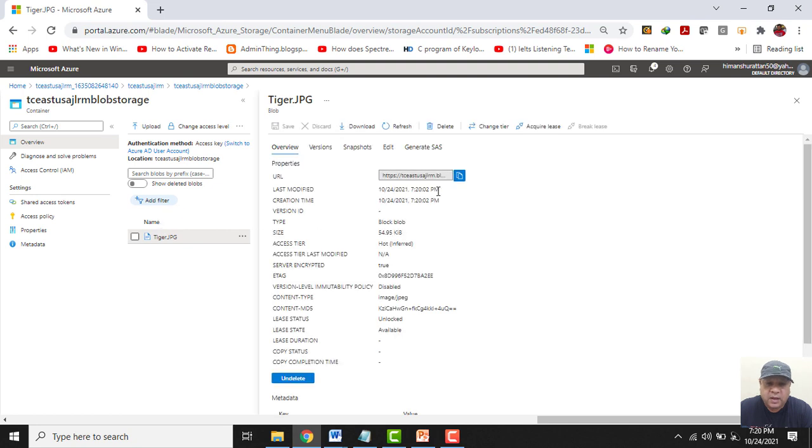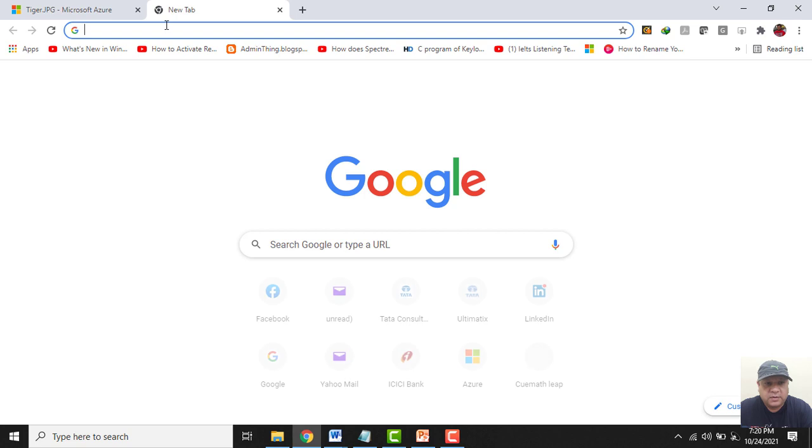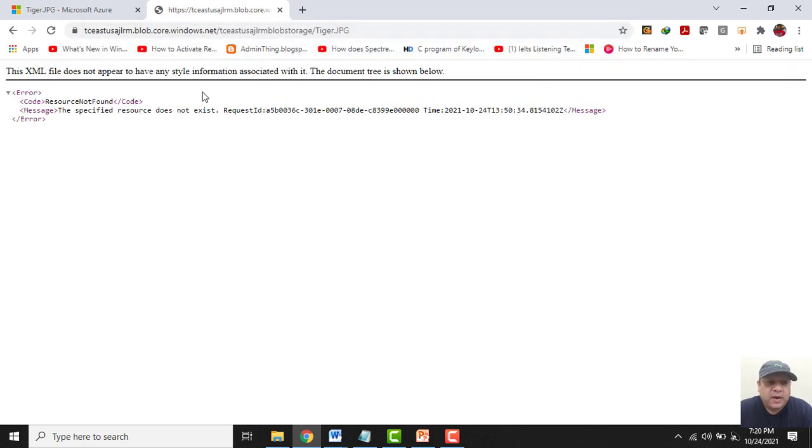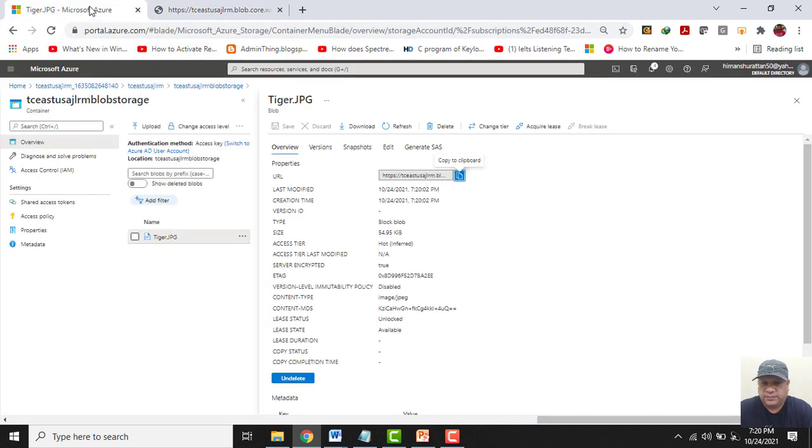This is the URL. Let me copy this URL, and let me try to open this one. When I try to open it, it has given me this error. Why? Let's see.